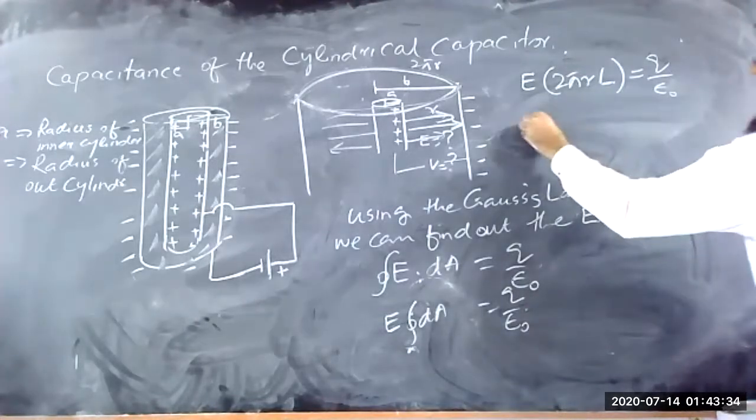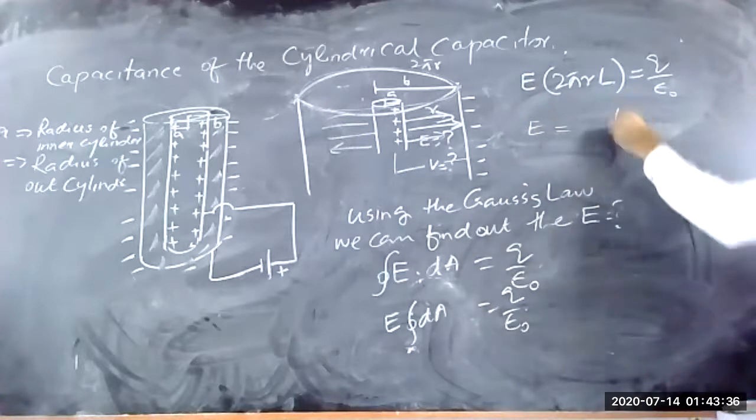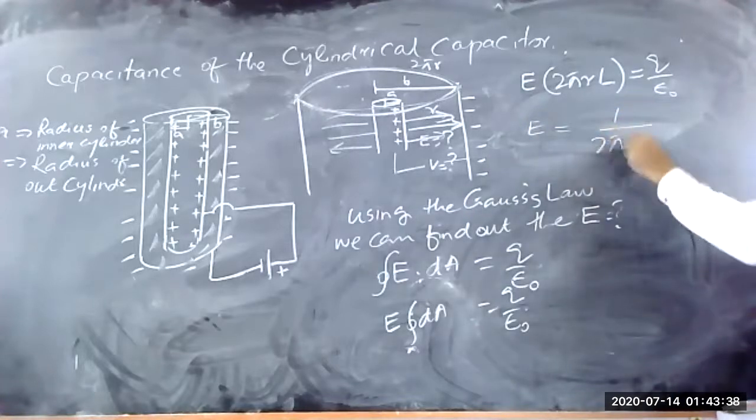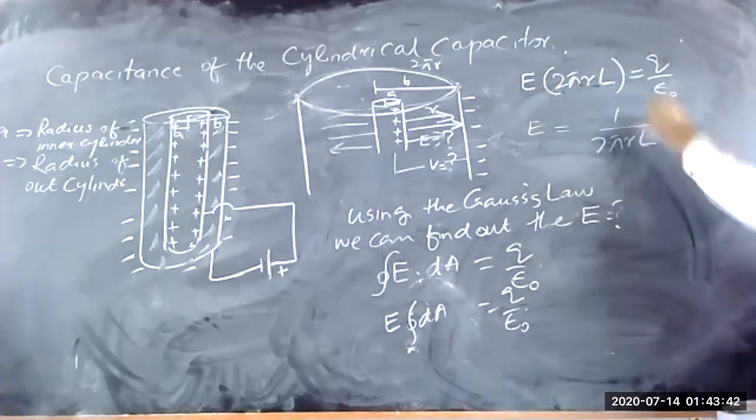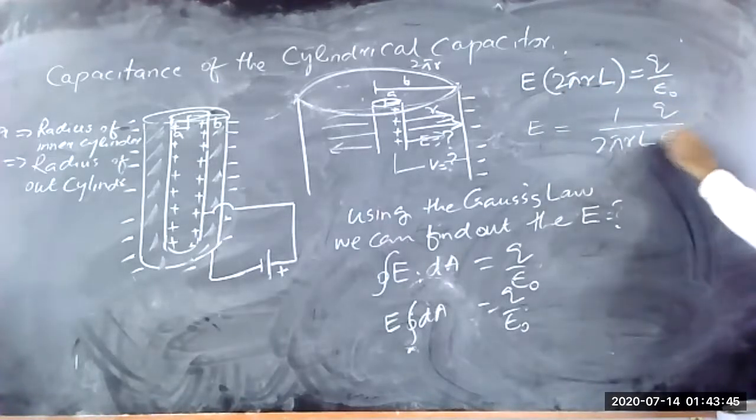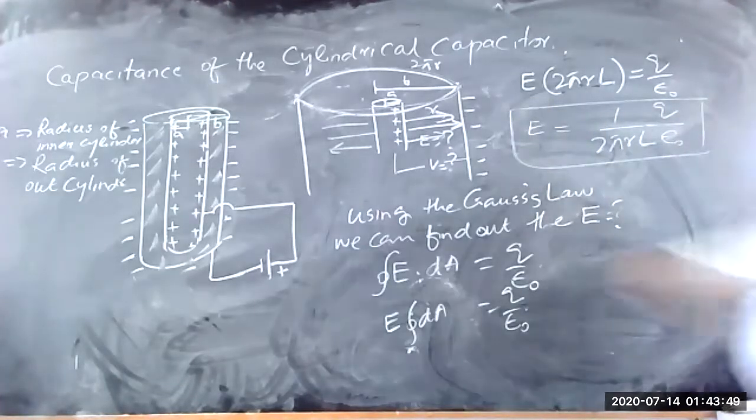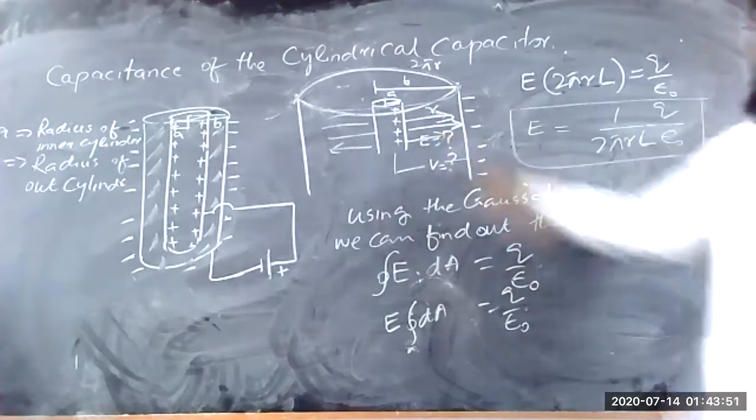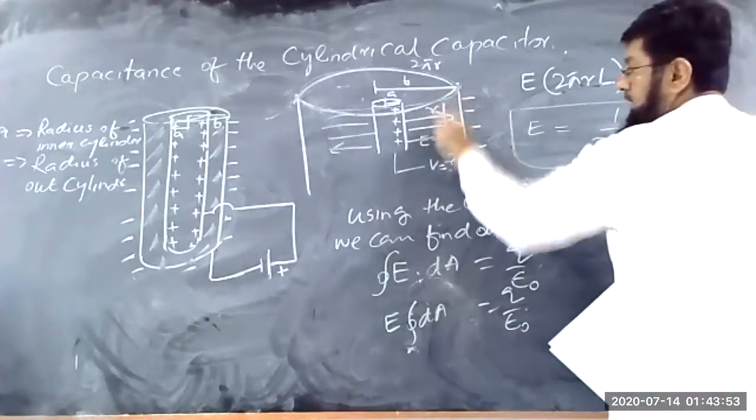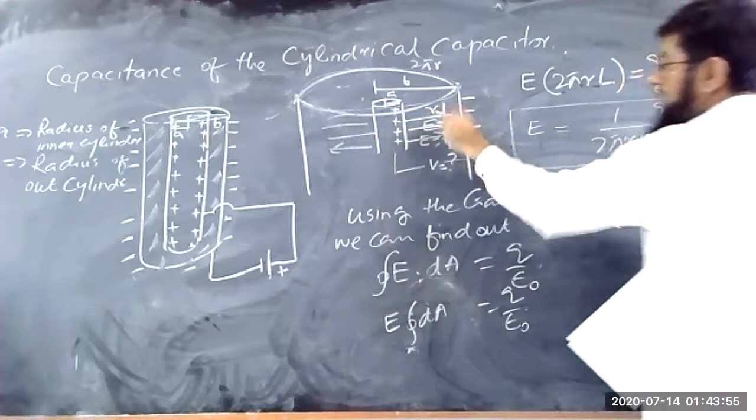So this E is equal to 1 upon 2 pi rL into Q upon epsilon naught. This is the electric field between the two cylinders. This is the electric field at a distance r. यहाँ पे electric field की जो value है वो ये।